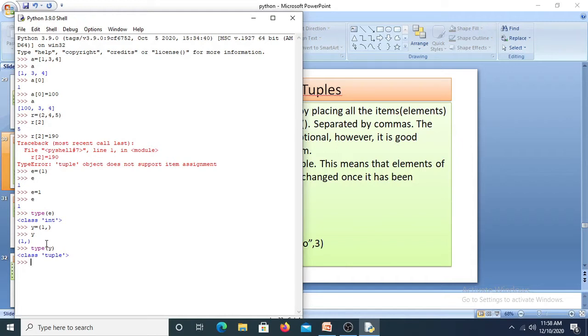So what have we learned till now? What is the difference between a list and a tuple? In a list we use square brackets to enter the elements. In a tuple we use parentheses to enter the values, but the parentheses are optional. Let me try that also. T is equal to 9 comma 0 comma 8. It is a tuple only. If I try type of T, it will be a tuple, which means that even without using parentheses you can create a tuple here.